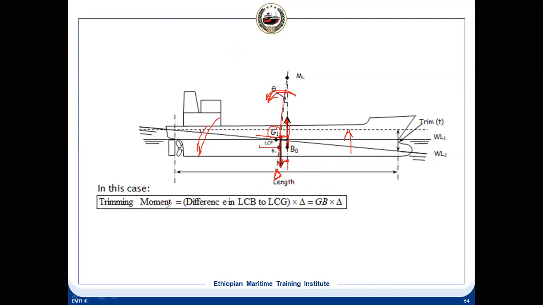Yes. We are talking about the trimming moment, and the trimming moment is because of this distance. And then this side, the underwater volume will increase. B0 will shift towards this, and it will come on the same line: M, G, and B0. All three will be on the same line, and there will not be any moment. It will stop there. It means the ship will be at equilibrium at that point.